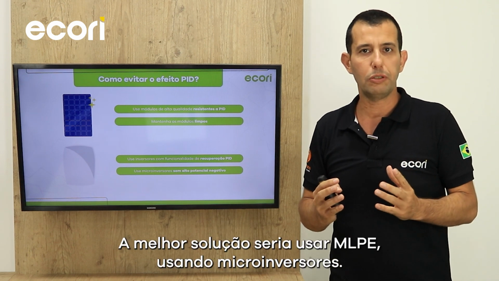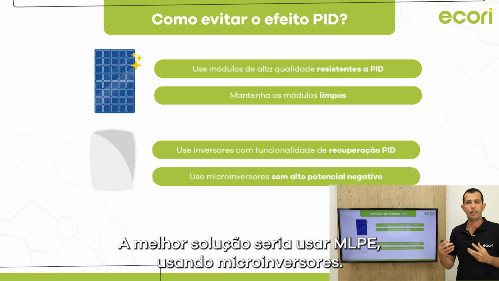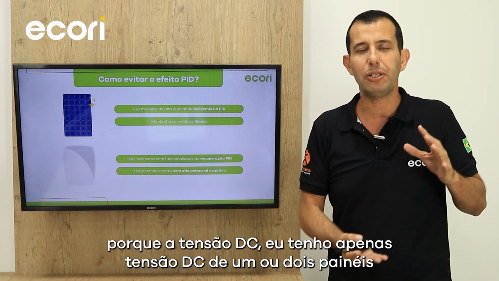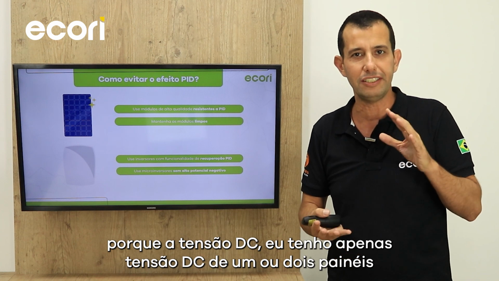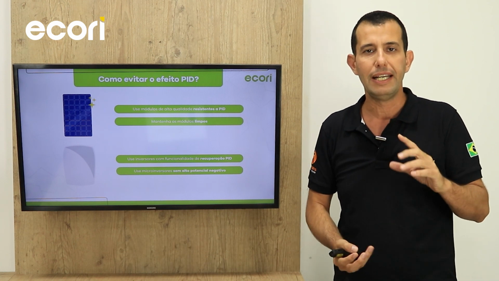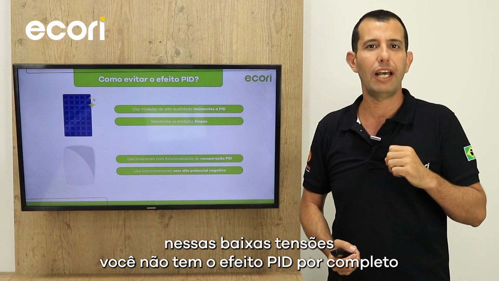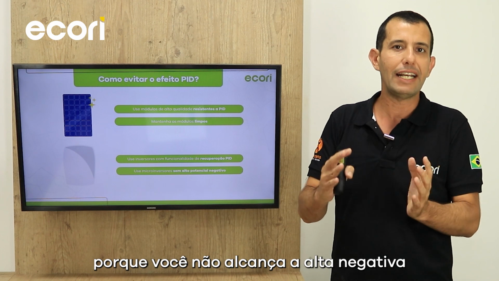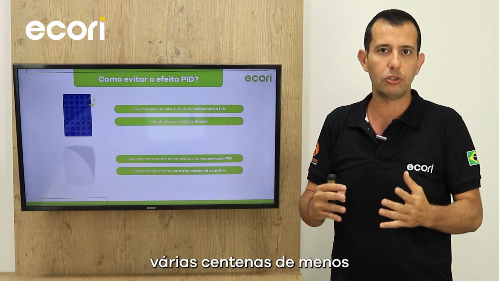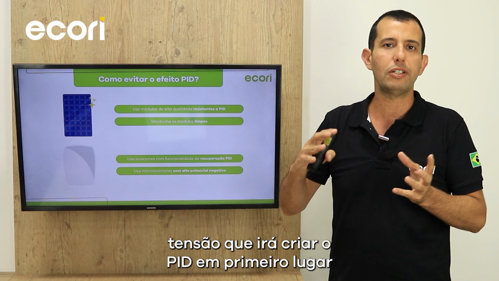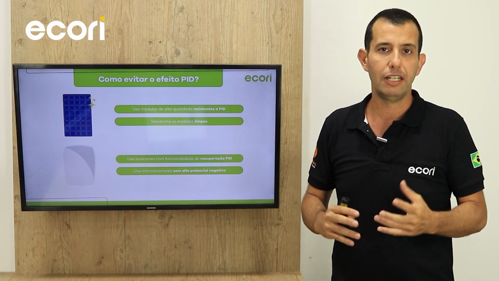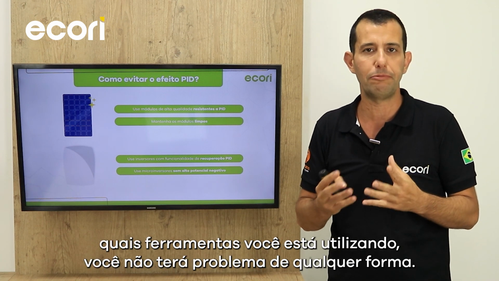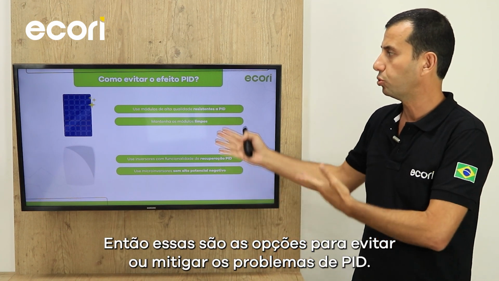The best solution would be using MLPE, using microinverters. When I'm using microinverters, I don't have high voltage because the DC voltage I have is only the DC voltage of one panel or two panels. At these low voltages, you don't have the effect of PID at all because you don't reach the high negative multiple hundreds of minus volts that will create the PID in the first place. So when you're using microinverters, it doesn't matter what panels you're using because you will not have a PID problem at all. So these are the options to avoid or